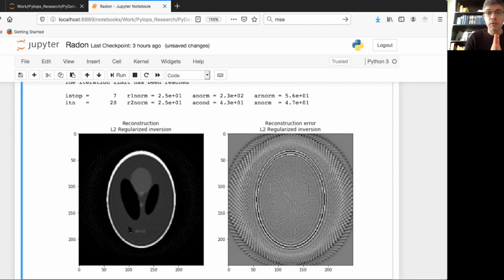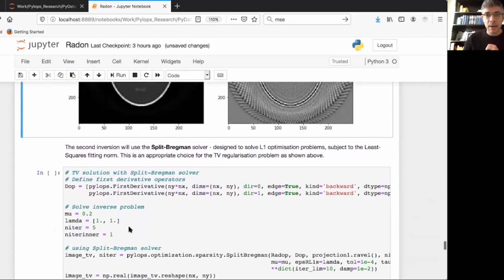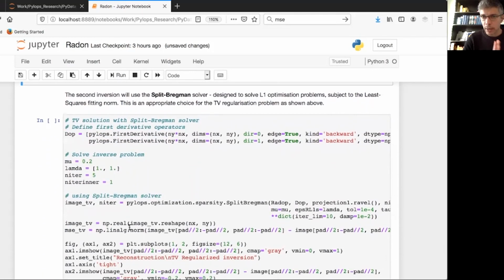Now, what happens if we use a different solver? Let's look at the second problem that we looked at, and that was the problem of the TV, total variation regularization. Now, for the total variation, we're going to use what's called a split Bregman solver. A split Bregman solver is designed to solve an L1 optimization problem subject to the least squares norm. In this case, because we want the total variation problem, the L1 optimization problem corresponds to minimizing the one norm of the first order derivatives of the image in both x and y